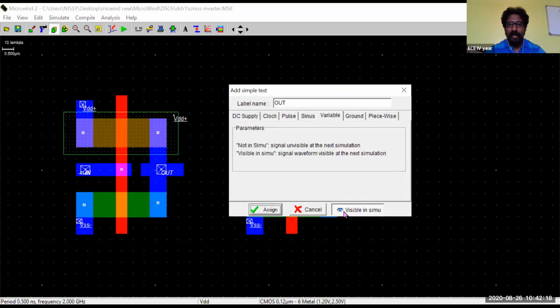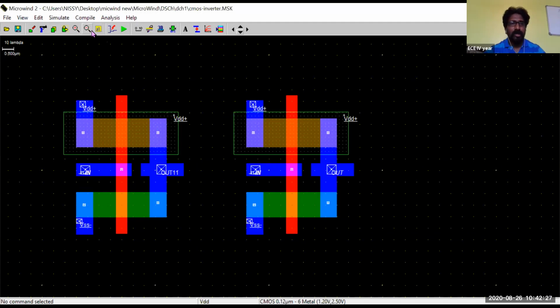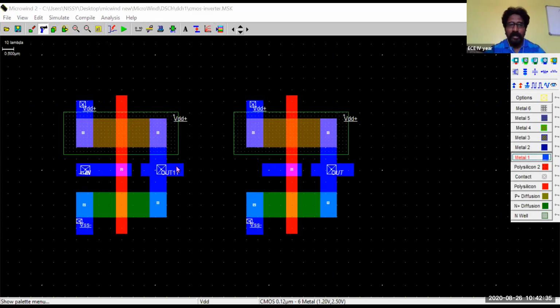I'll remove this one, make it not in the simulation, and change the name also, assign. With the help of metal, I'll make a connection between these two.